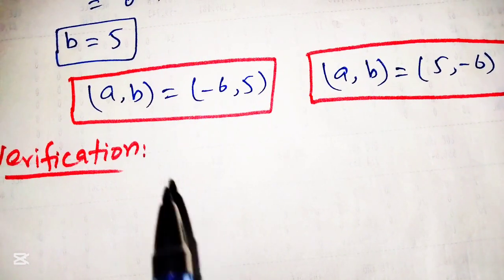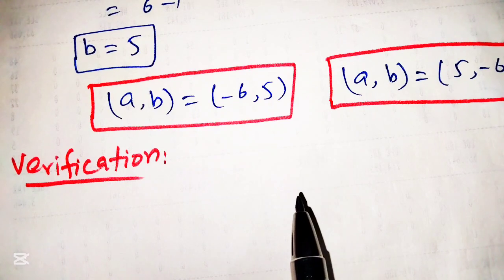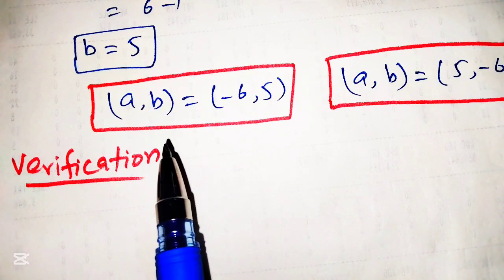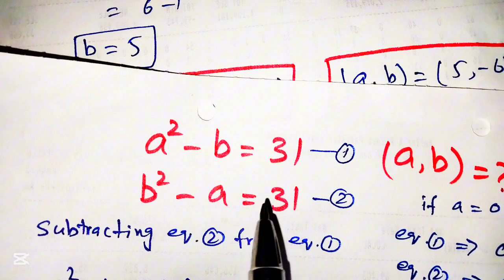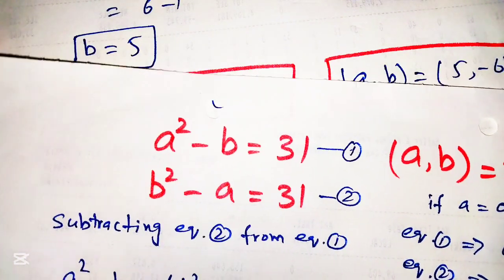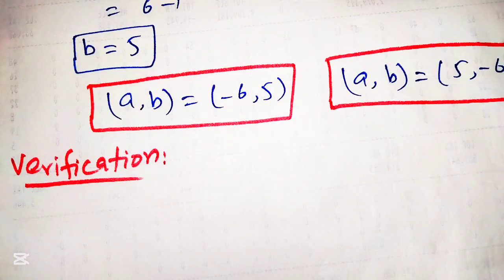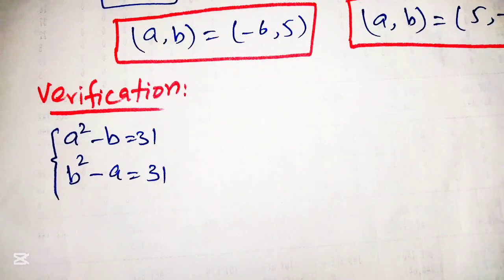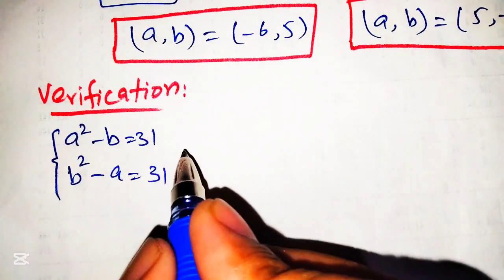Now we will verify these two values. For this purpose we will put the values separately in the given equations, which are these. So we will put the values of a and b in these equations to verify the solution. So this is the given equation. Now we will put the